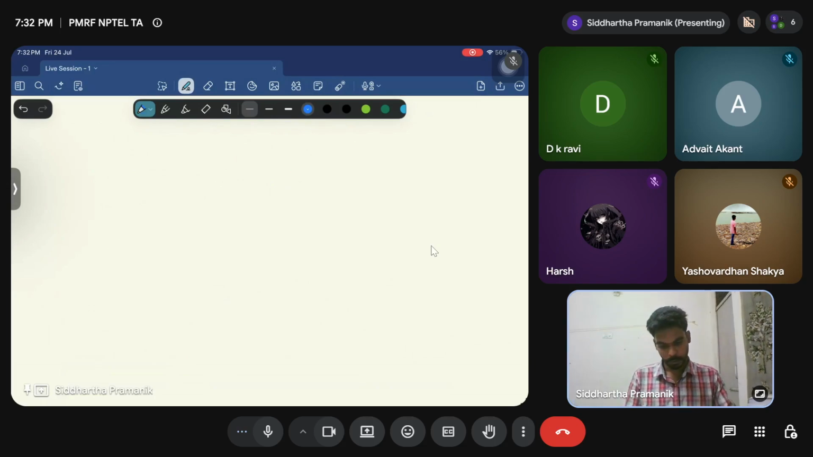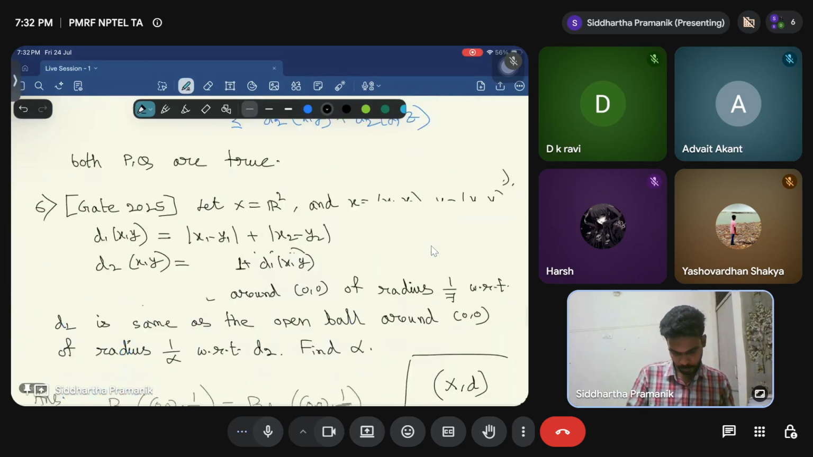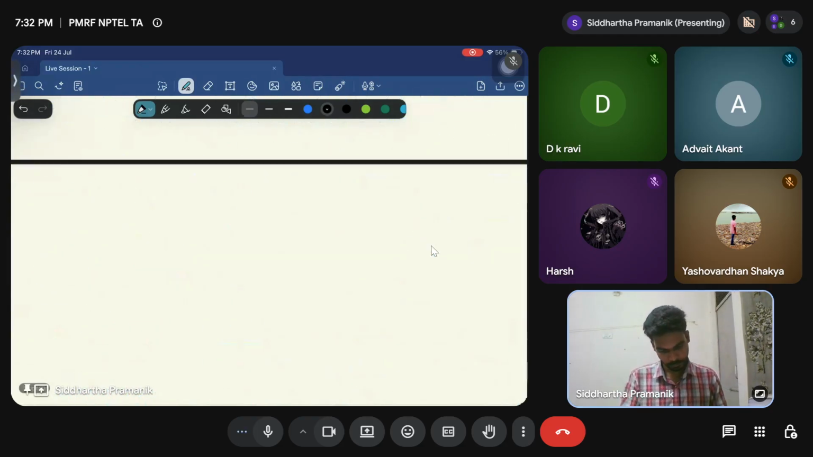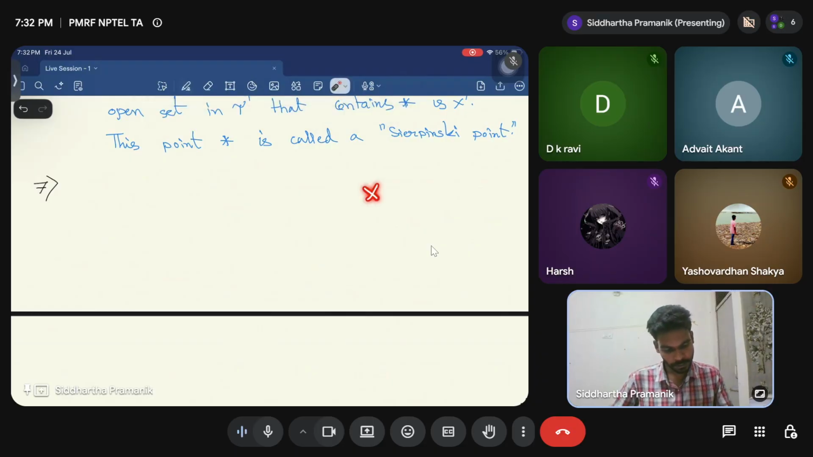Okay, let's do one problem now. Problem number 7. Then we will stop. So if we have a finite set X, if X is a finite set,